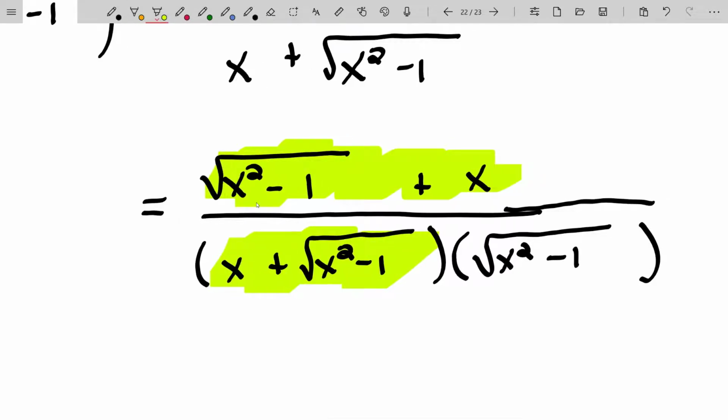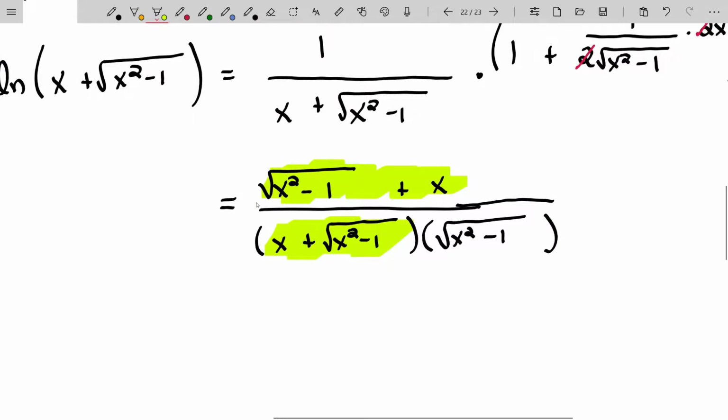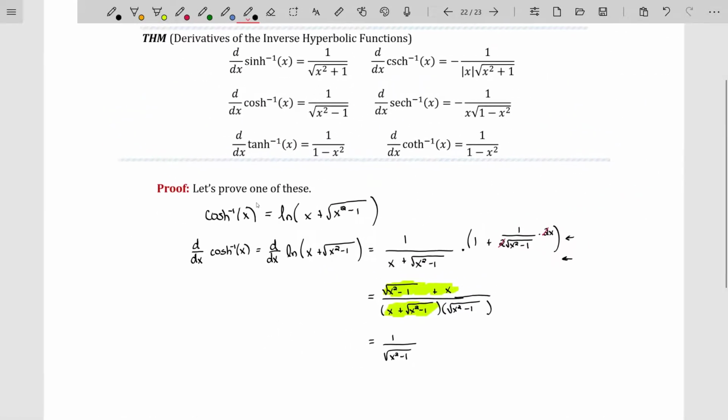That numerator is x plus the square root of x squared minus 1. That denominator has a factor of x plus square root of x squared minus 1. And so they'll cancel and become 1 over the square root of x squared minus 1, which is exactly what we wanted it to be. So again, working with the derivatives